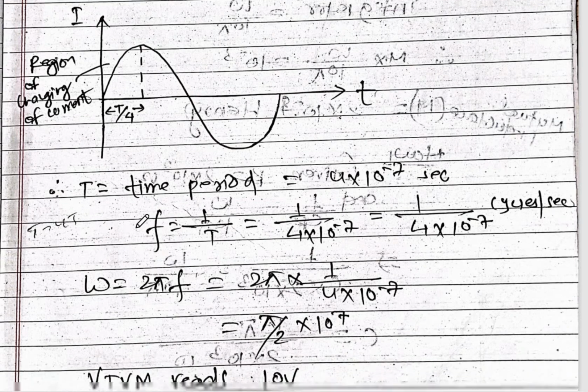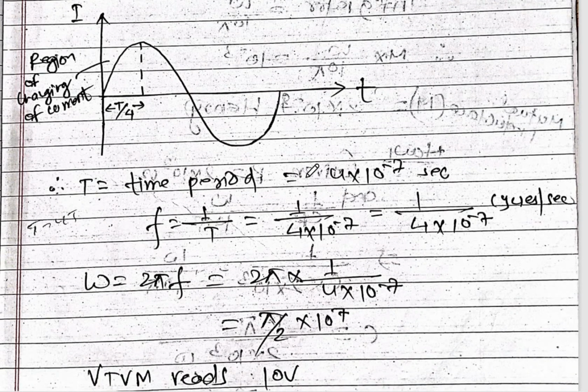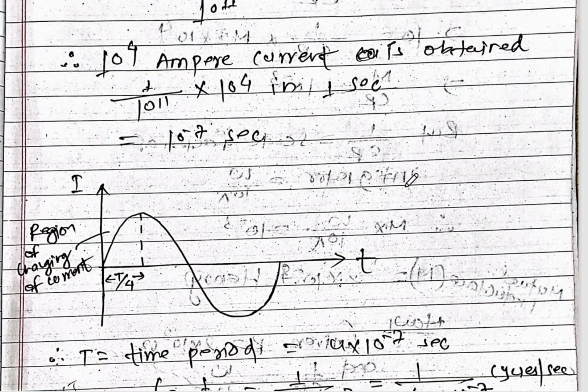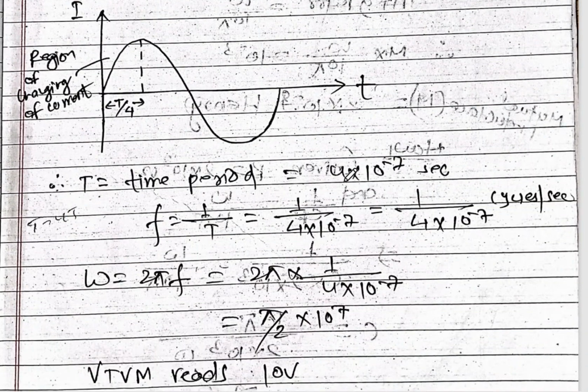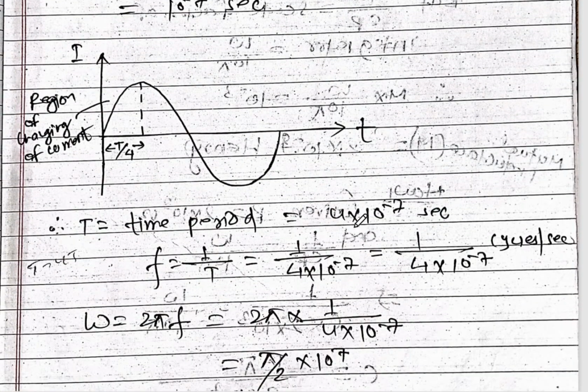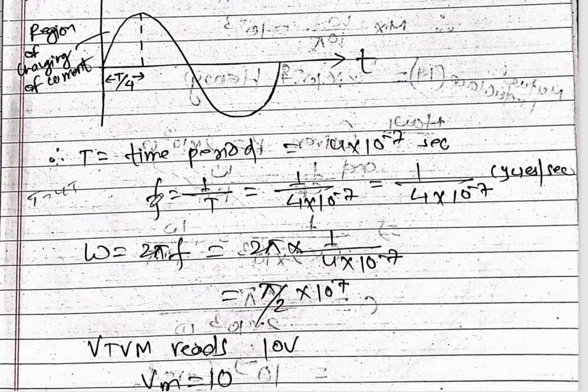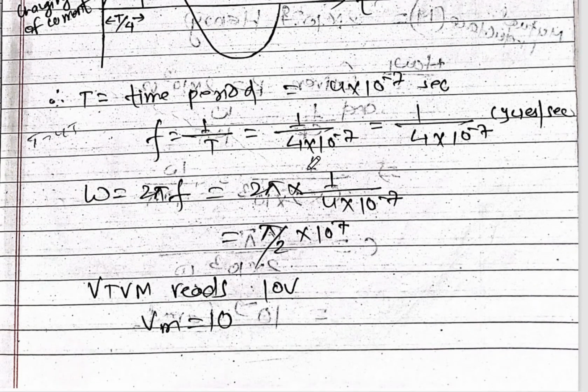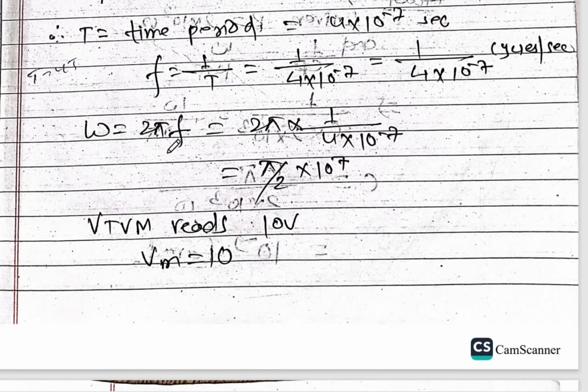this is T by 4, and T by 4 equals 10 to the power minus 7, so T equals 4 into 10 to the power minus 7. And we know frequency equals 1 upon T, that is 1 upon 4 into 10 to the power minus 7 cycle per second, and omega equals 2 pi f, that is 2 into